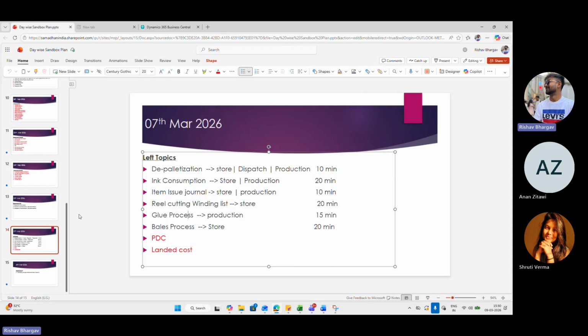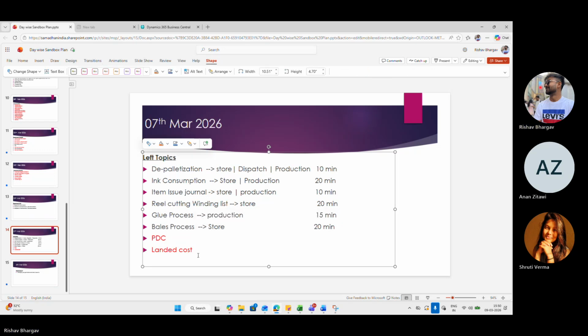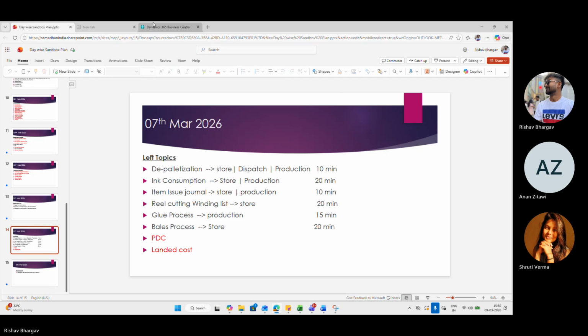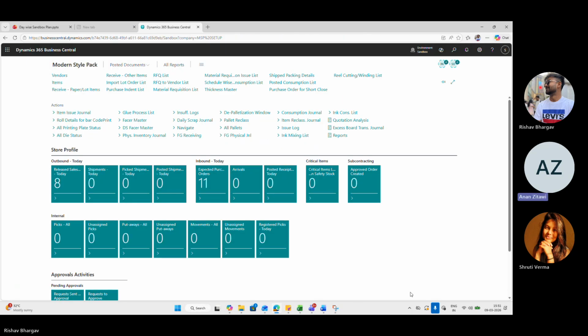Okay, we are moving forward with the bales process, the last topic. Excuse me, for the bales process, you mean the waste paper bales? Yeah, the waste paper.